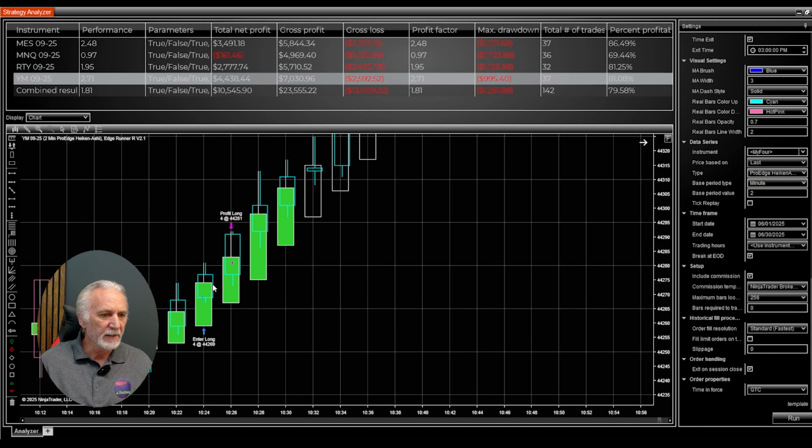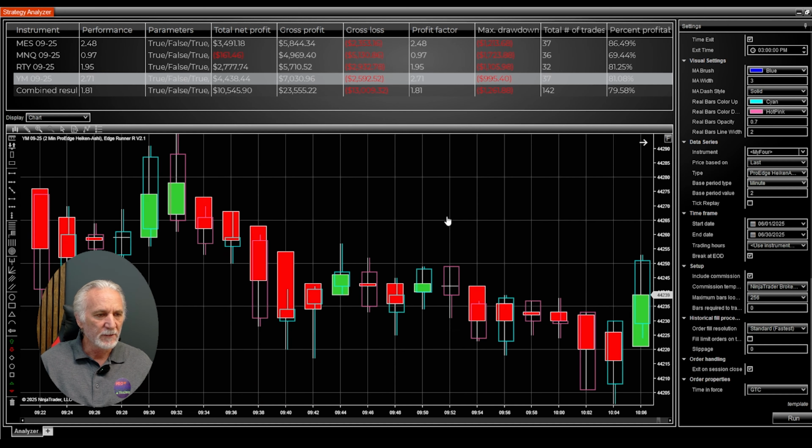This is the Heikin-Ashi bar, the filled in bars. The outline bars are the real bars. So here is an entry. The signal would have been here. Here's the entry. And then you see the exit, middle of the real bar, inside the Heikin-Ashi bar,